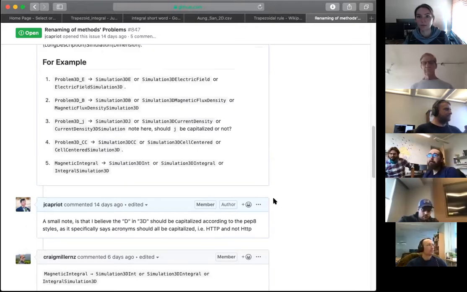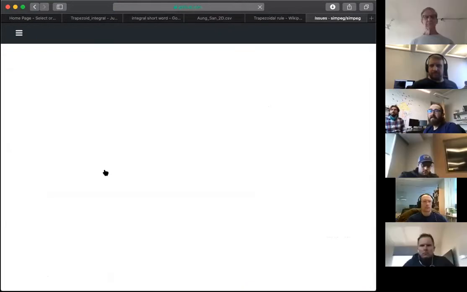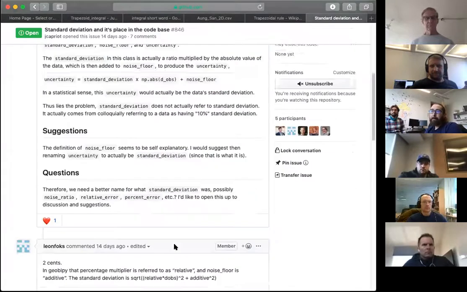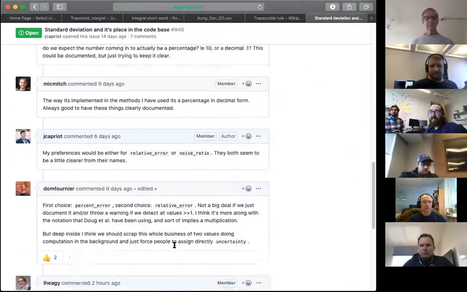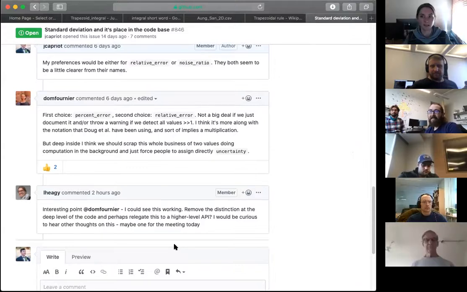Yeah. Okay. The other one's not as big of a thing, right? The standard deviation one. There's been a little bit more talk and discussion on this one, and thoughts going on. Not as high a priority, I think. I'd like to have it settled pretty quickly, if possible. But